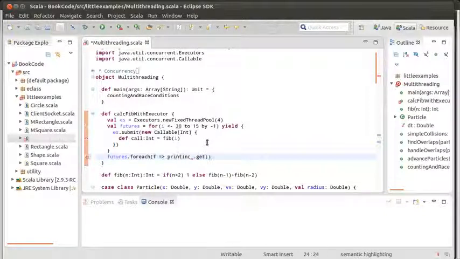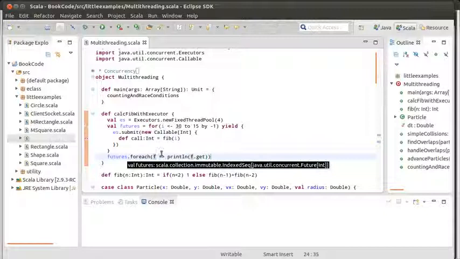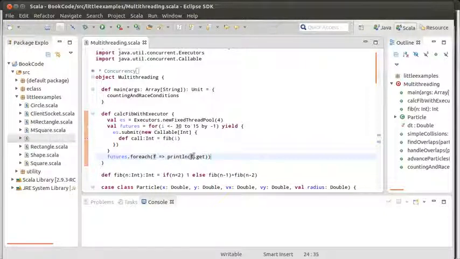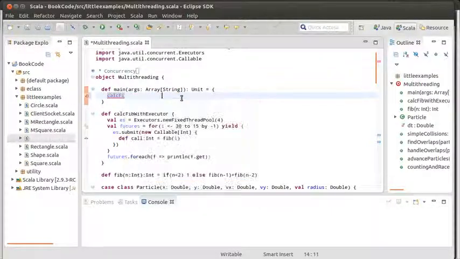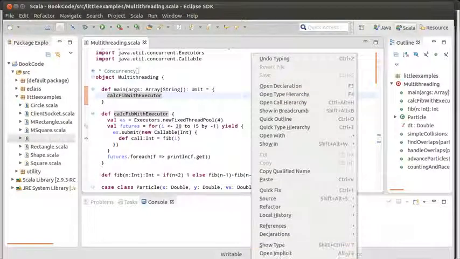I'm going to give it a name, f, for a future. Okay, so what I'm going to do here is for each one of these I want to println the value of f.get. We'll make it so our main calls this method, the calcFib with executor. And now if we run this,